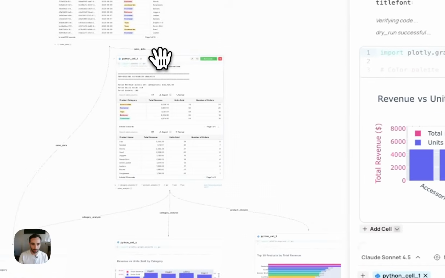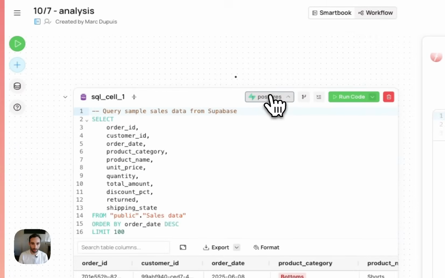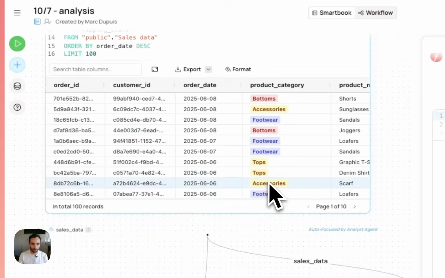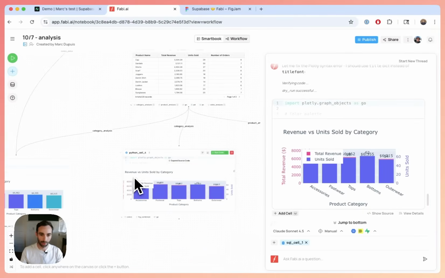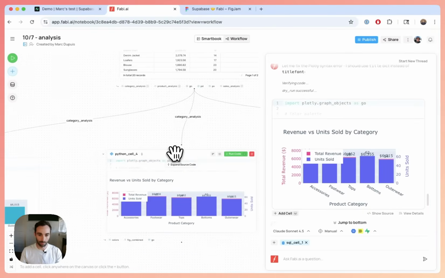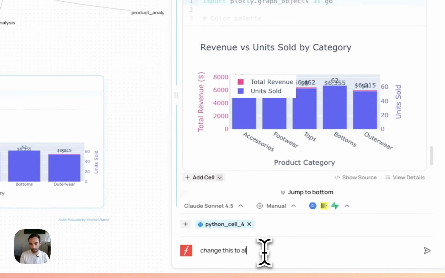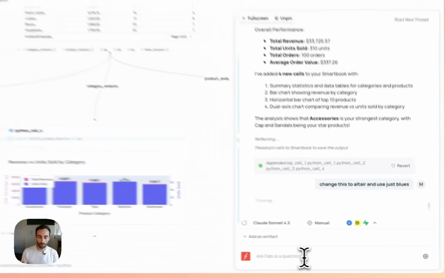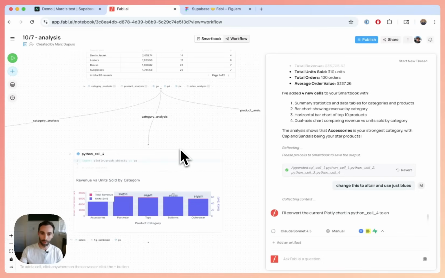So this view is showing you that, okay, we're pulling our Supabase data here, and then it's storing it as a Python data frame, and then the AI creates data frames to use things downstream. And you can always riff from here. So you can say, change this to Altair and use just blue. If you want to use your brand color, or you want to use a special chart, or you want to change your orientation, whatever, this is where you can spend however much time you want tweaking these charts and tweaking these outputs